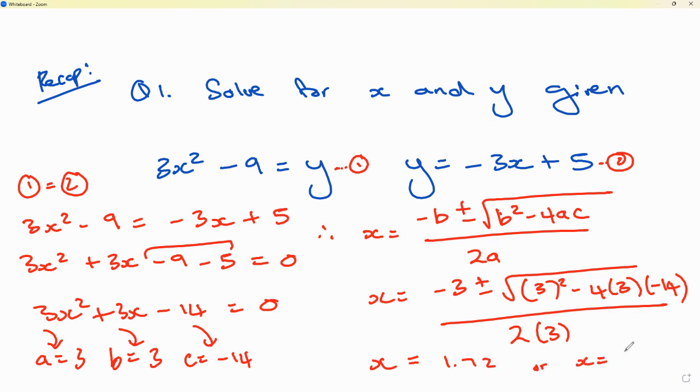And the second solution, keeping that in your fraction, change plus into minus. So you don't have to retype that entire expression in your calculator again, getting you to negative 2.72 as two possible solutions for x. Now that you found x, all you have to do is find y, right? So what do we have? We've got x equals 1.72 and x equals negative